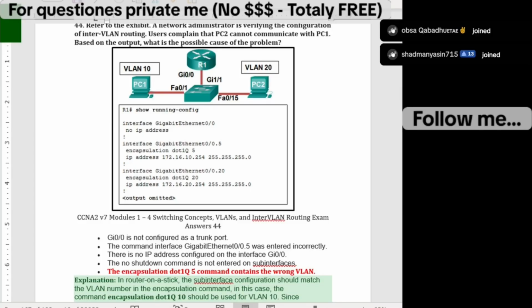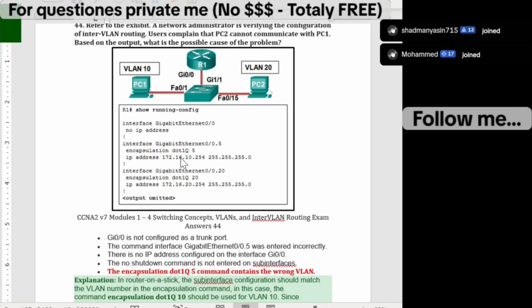This is the most critical issue in the configuration. If we look at the diagram, PC1, this one here, is on VLAN 10, right? If you say VLAN 10, but the router sub interface 0/0.5 has encapsulation